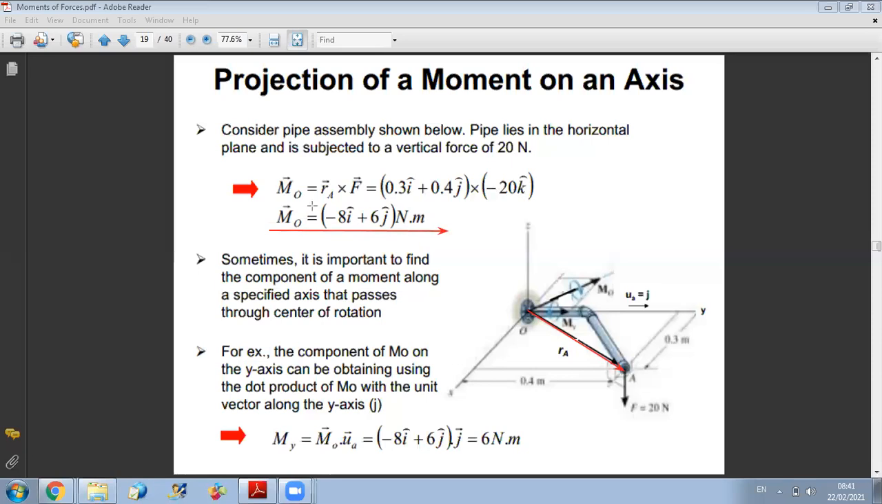Now, I started with this example to tell you that if I want to find the projection, the moment about x axis, what will be the moment about x axis here? If the moment about O, yes, exactly. This component minus 8 is the moment about x-axis passing by O, and 6 represents the moment about y-axis passing